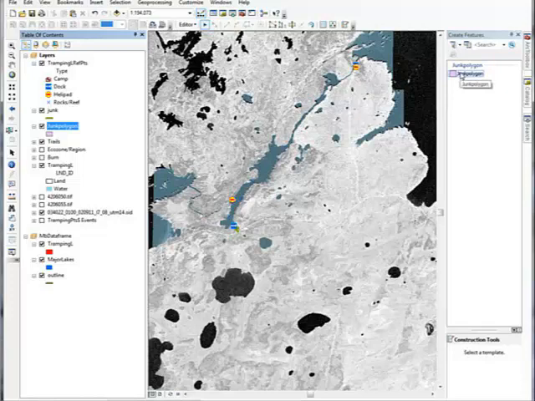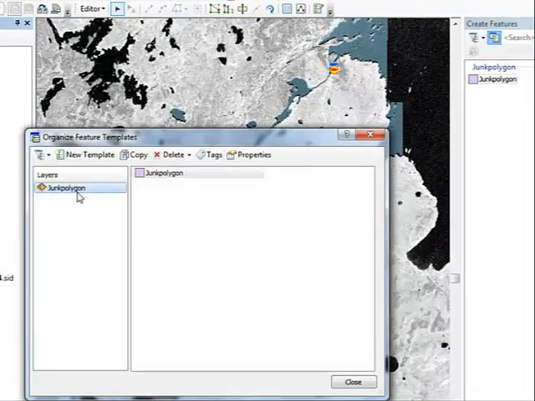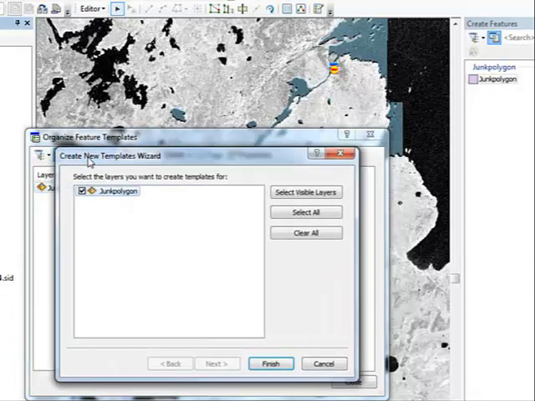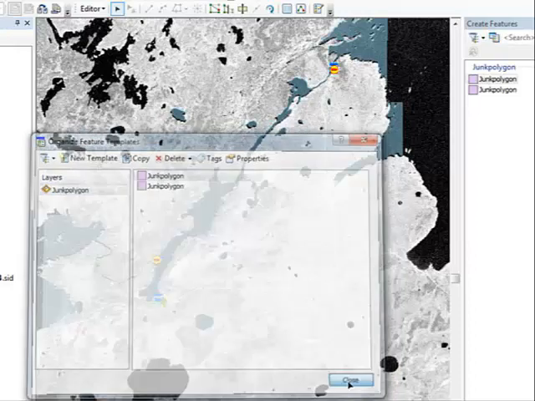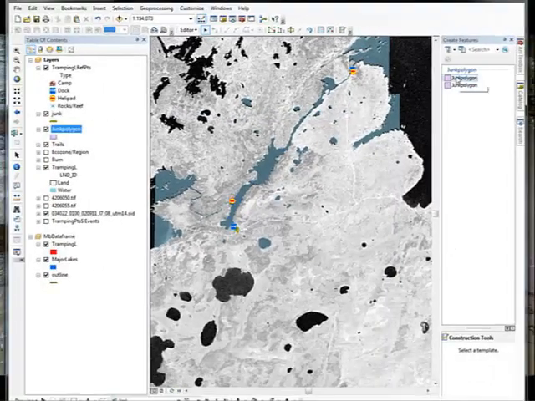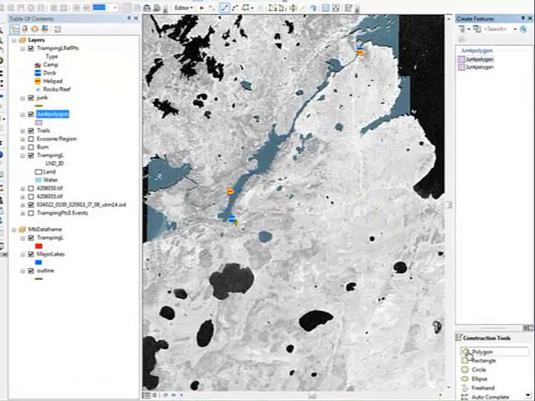Now I haven't edited this one before, so I'm going to have to actually create a template for it. So we'll go new template, go finish, and we'll close that and click on it, and we now have this polygon tool that we can use. So we'll click it and we'll start to draw. I'm going to start right at the highway here,